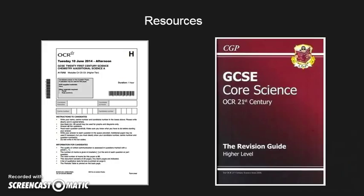Revision is not a complicated science. Hard work is what will pay. Hard work is what will enable students to achieve their potential and to get grades they can be really pleased with. And there are 2 key resources that I would point you towards in terms of supporting students to achieve their potential. So firstly, past papers, and I'll talk more about those in a second, and secondly, using CGP revision